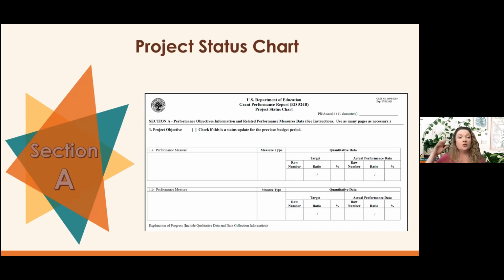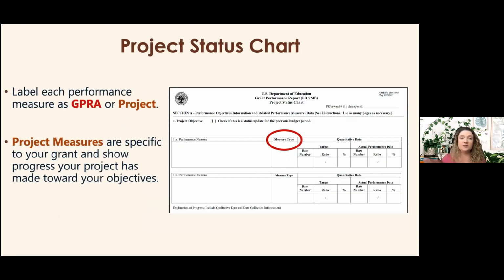Now, granted, you're going to be copying and pasting into G5 and ideally doing that from your project planner, which is set up just like this form, into G5. So you won't have to worry about the expiration, but if for some reason you need to actually submit the paper forms, please keep in mind that they do expire and you want to make sure you have the most up-to-date one. So as we think about how we're going to complete this, we really want to talk through how you can complete this to make sure it's accurate, that it's meeting all the requirements for reporting, and that it's doing a great job of highlighting your program.